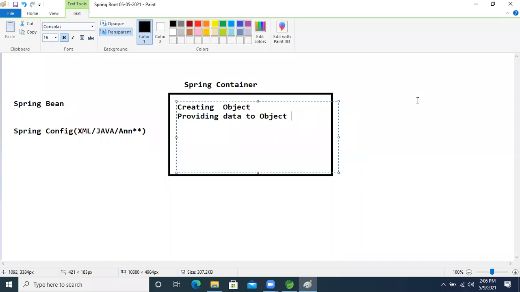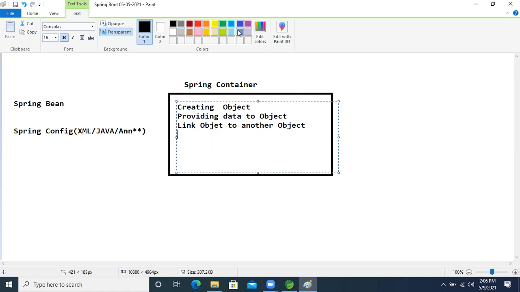After that, if our bean has a relation with another bean, then what will it do? It will link one object to another object. After completing this task, what will happen last?